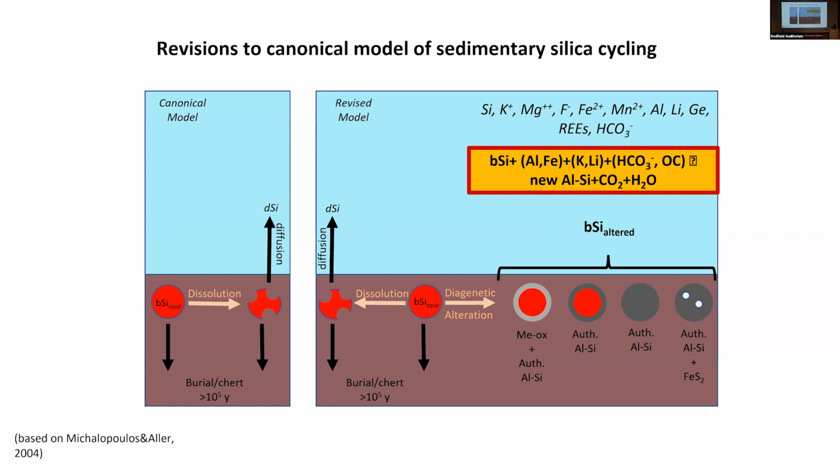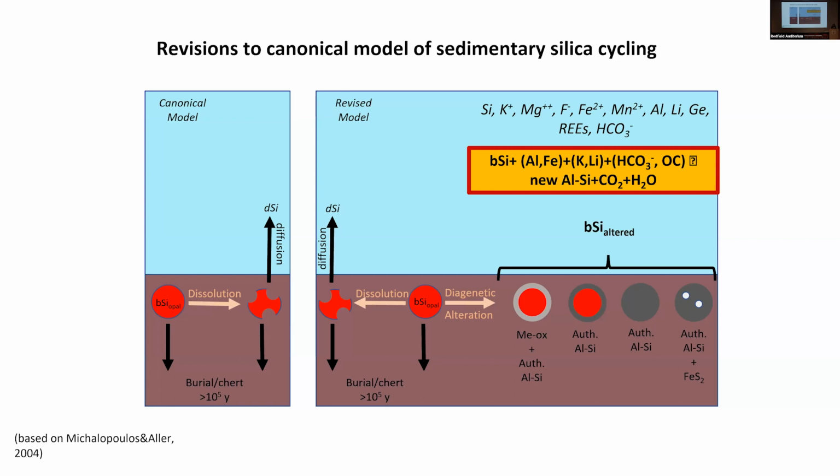It can form metal oxide coatings, authigenic aluminosilicate phases, and you can get infilling of pyrite in some of these frustules. All of these reactions take up dissolved silicon, potassium, magnesium, fluoride, iron, manganese,